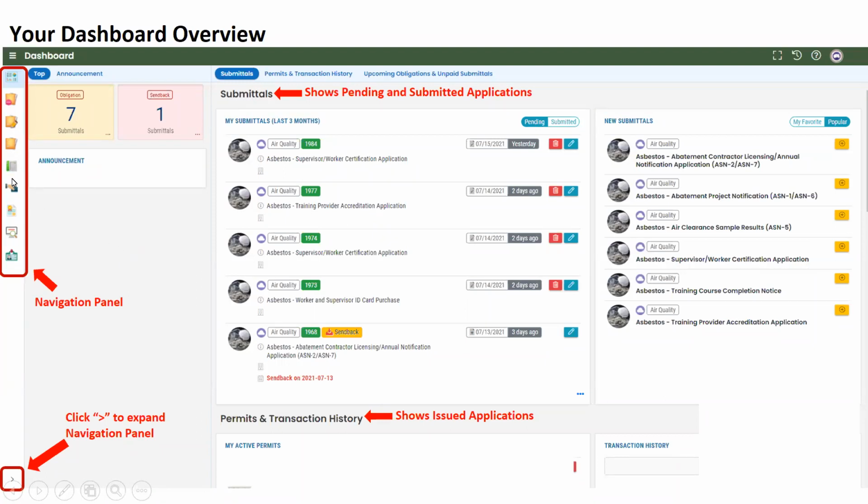And then you've got a couple other ones where you're going to have some reporting obligations. Say if you file an annual notification with us, we'll set up a quarterly reporting obligation, and that's one of these icons. And then the last one is your account information. So in the event you have a phone number change, an email change, something changes about your account, you go in there and you can access your account information.